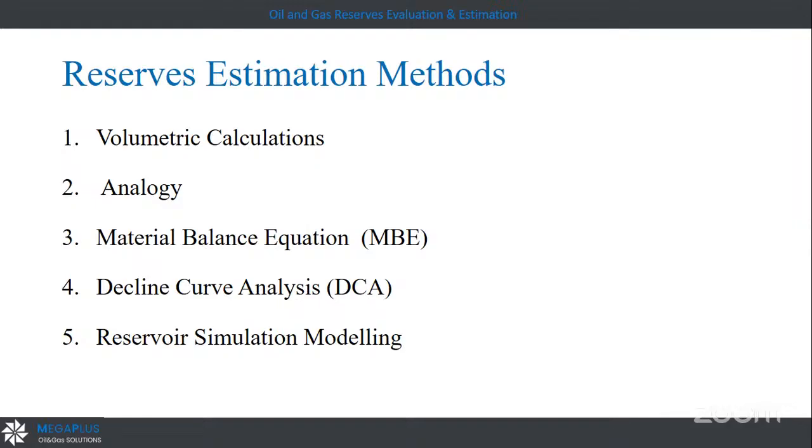method of reserve estimation. And we can say that we have 4 different approaches. The volumetric calculation and analogy is one approach. Material balance is another approach. Decline curve analysis and reservoir simulation are the others. All 4 approaches are very different, so we can have less uncertainty if we can confirm with all of these